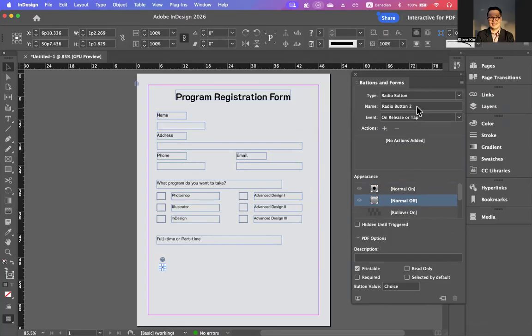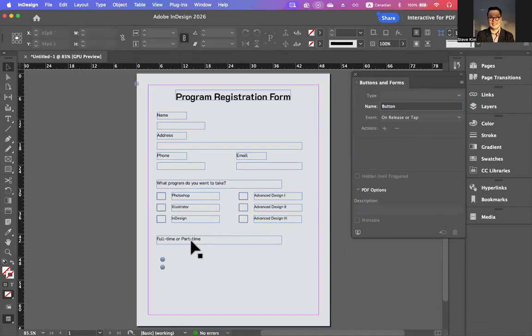And at the same time, they will have the same name. For example, time. Also this one has the same name. Because it's a radio box, they should have the same name. Only one can be chosen. Time. Okay, and after that,